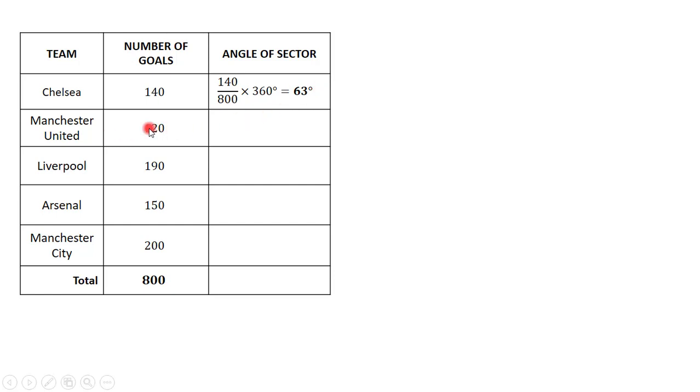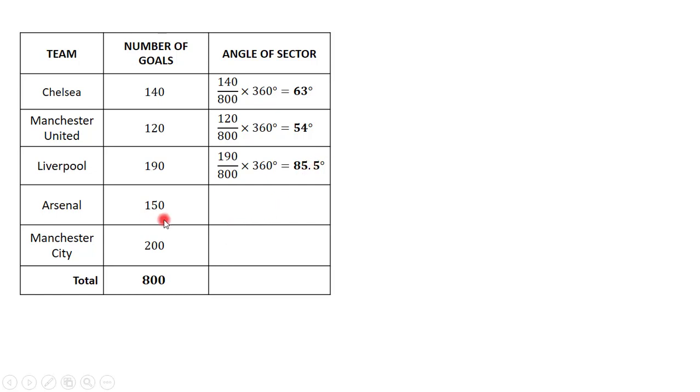The angle of sector for Manchester United will be equal to the number of goals scored by Manchester United, which is 120, divided by the total number of goals, which is 800, times 360 degrees, and this will give us 54 degrees. The angle of sector for Liverpool will be equal to the number of goals scored by Liverpool, which is 190, divided by the total number of goals, which is 800, times 360 degrees, and that will give us